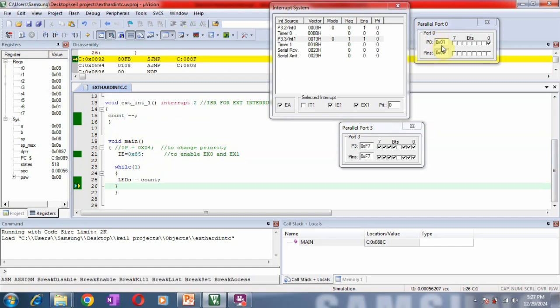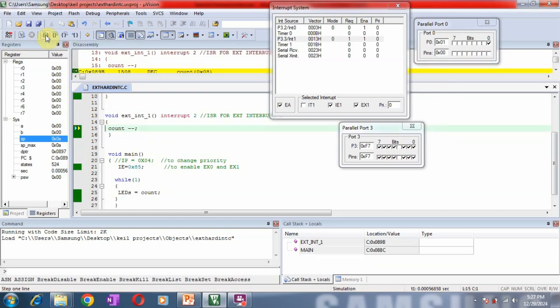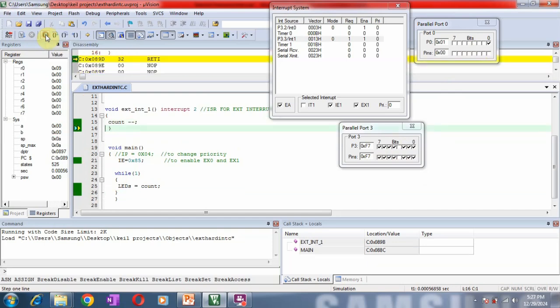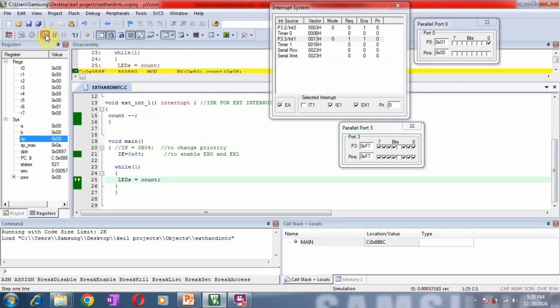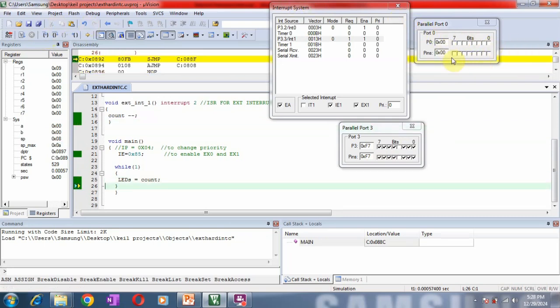So see here, you can easily observe initially it was 2, now it has become 1. Now here you can see I have not removed the interrupt. So when it comes to the main program, it will see that still it is interrupted. So again it will go to the same service routine, and it will again decrement the count. It will come to the main program and see here, and it will make it 0.